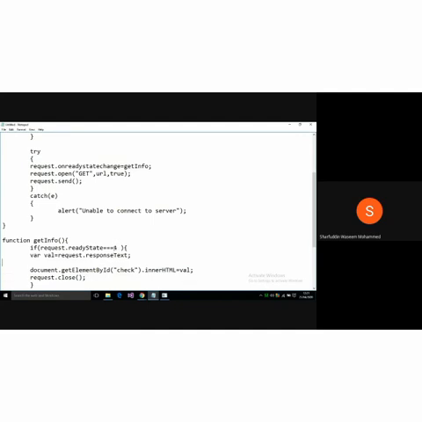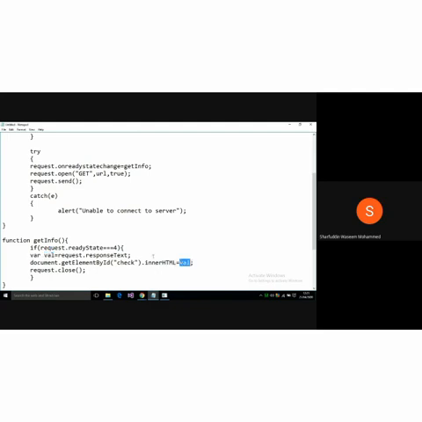If your data is not received, then you'll get the appropriate 400 error, which means a page not found error can also occur, meaning the page you have been requesting is not located on the server. Once it is there, then request.responseText. What is this response text? Response text is nothing but the data sent from that particular page. That response text is stored in one variable, and that variable I will display to the user.